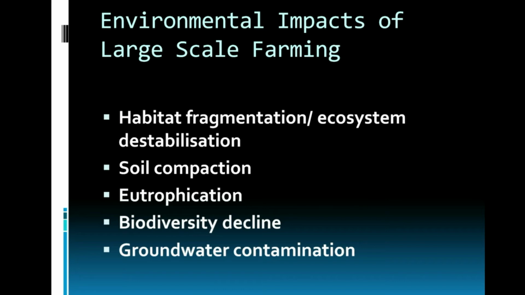Infiltration capacities are reduced, which contributes to what? Overland flow or runoff. When you have more overland flow or runoff, you will technically be associating this with a greater degree of soil erosion and nutrient loss and nutrient transfers or sediment transfers for that matter. This will contribute to eutrophication, as you can see on the screen here.